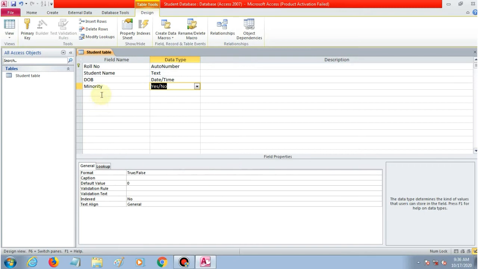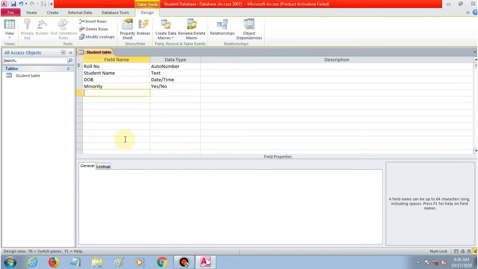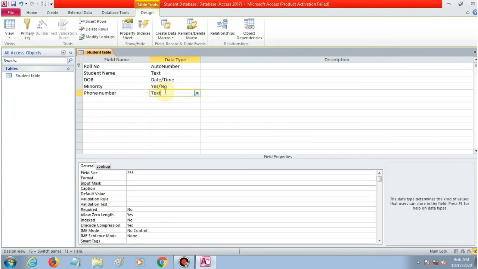Then for the next field we can give phone number, and here we can select the number data type.